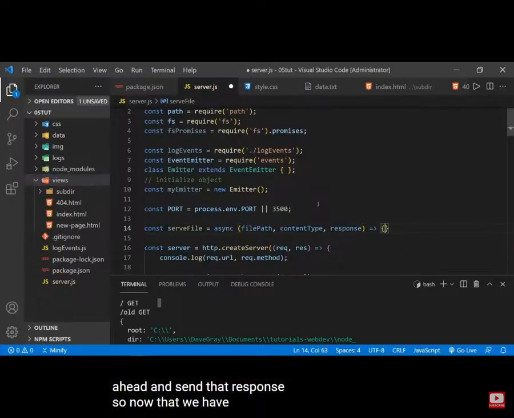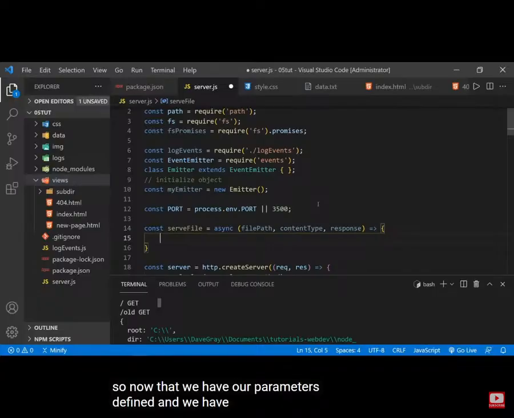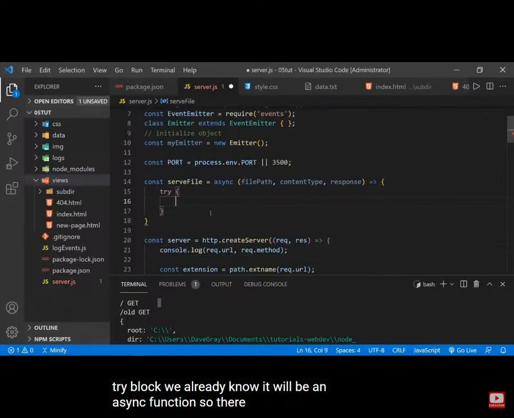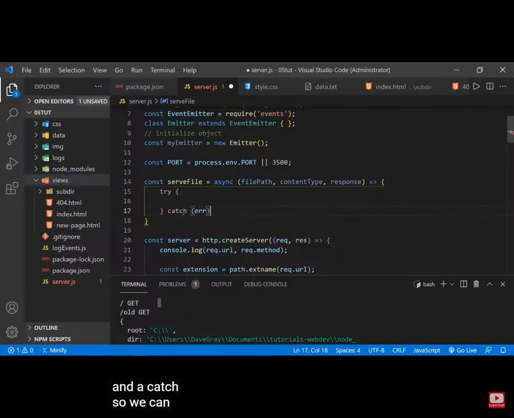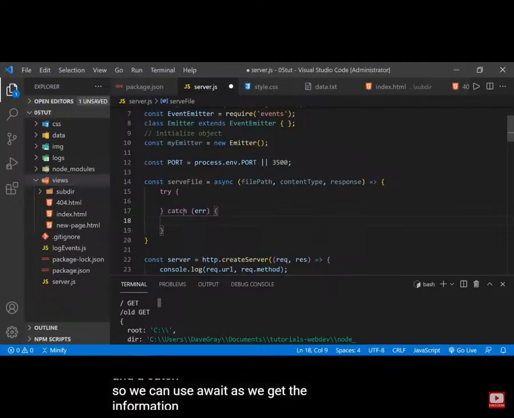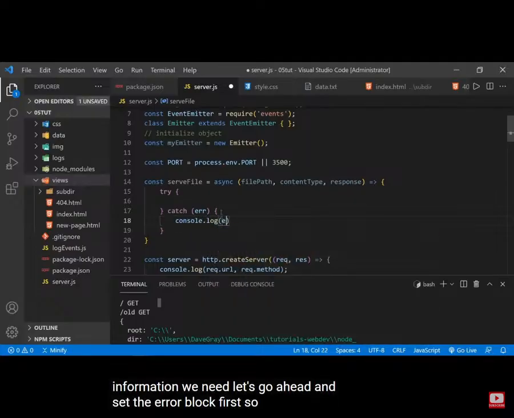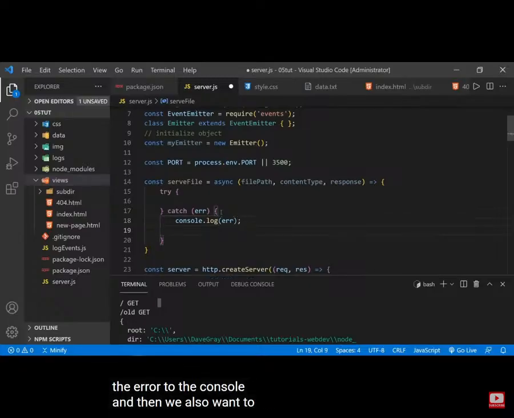So now that we have our parameters defined and we have the name of the function, let's go ahead and start by defining the try block. We already know it will be an async function, so there will be a try and a catch. So we can use await as we get the information we need. Let's go ahead and set the error block first. So we'll log the error to the console. And then we also want to set the